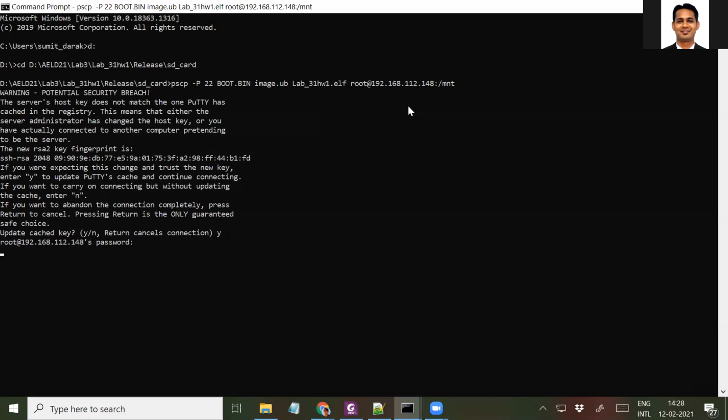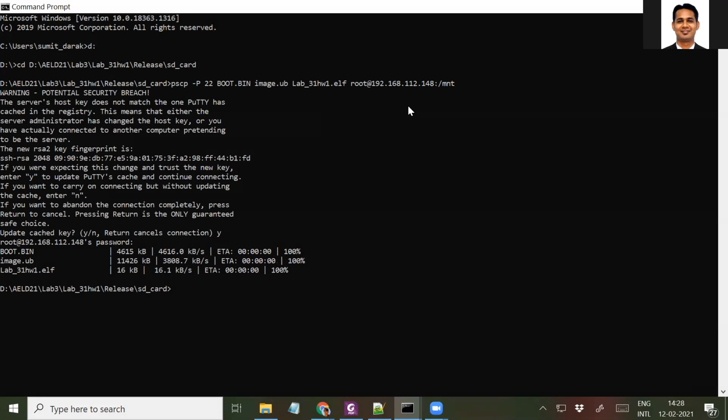The password is root. So you can see that the data is being copied to the SD card available on the Z-board.